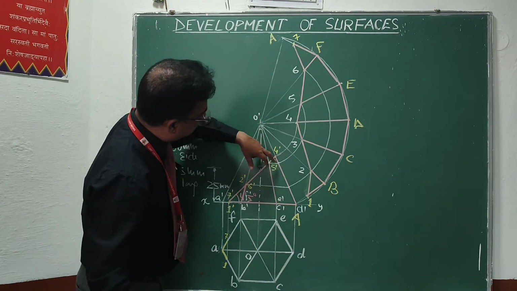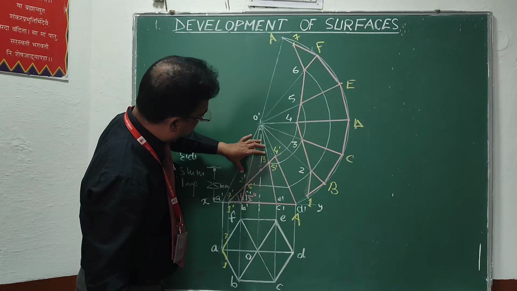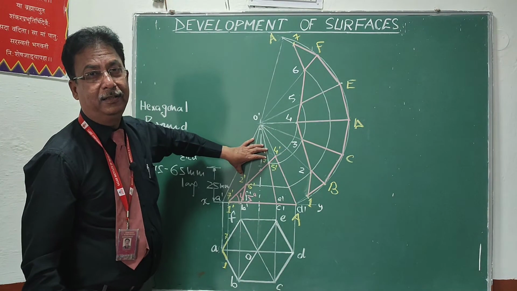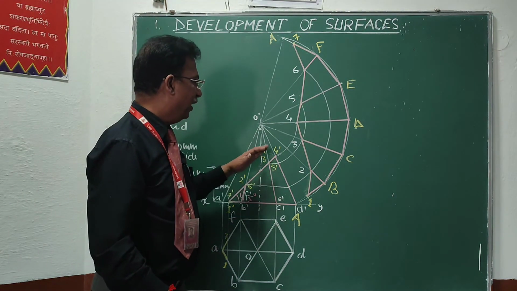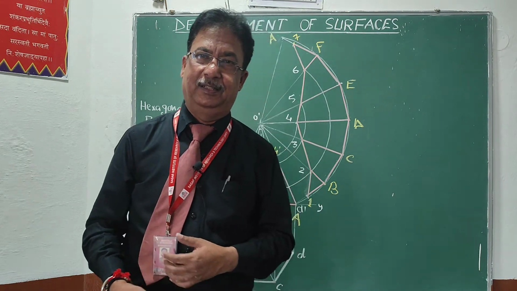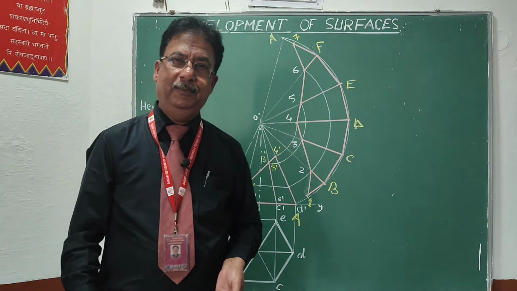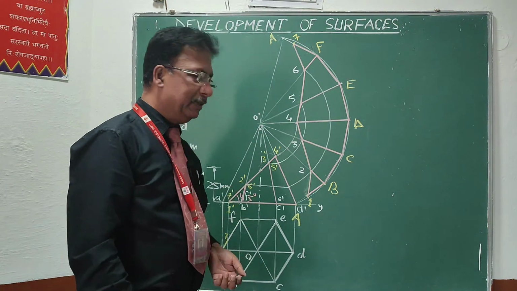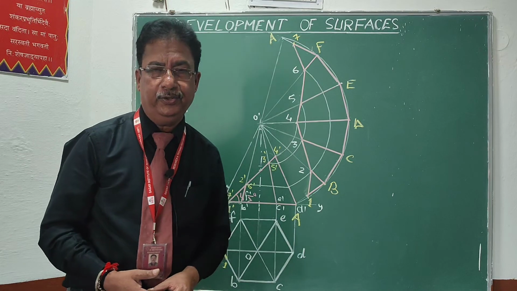And if you look at this white portion, this portion will be the development of this part. So you will get two pieces, one will show the development of this part and the other will show the development of the upper part. I hope you understand. This is one of the very good problems. All the concepts are coming in the same problem. Draw this in your notebook. Thank you very much.